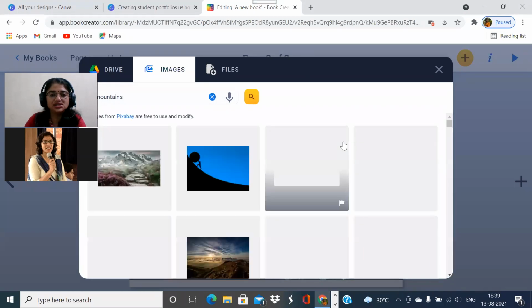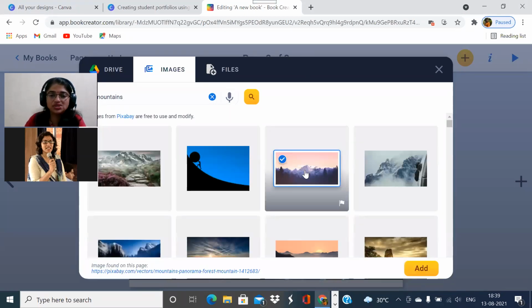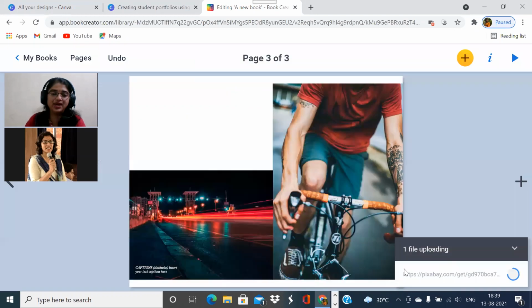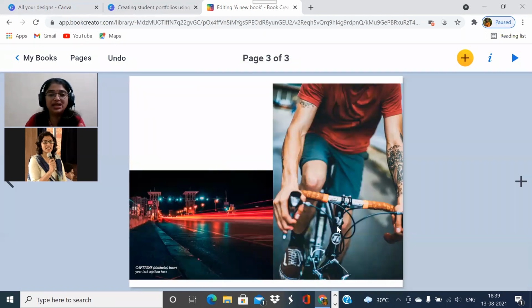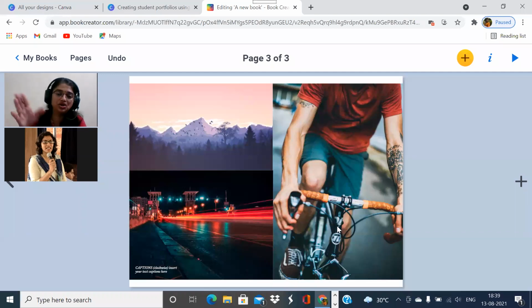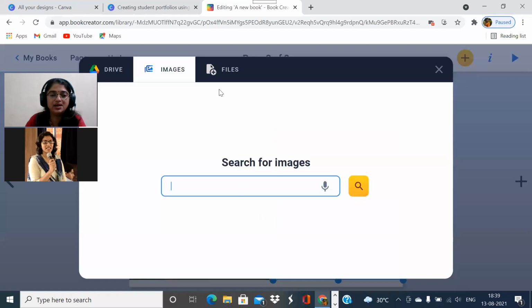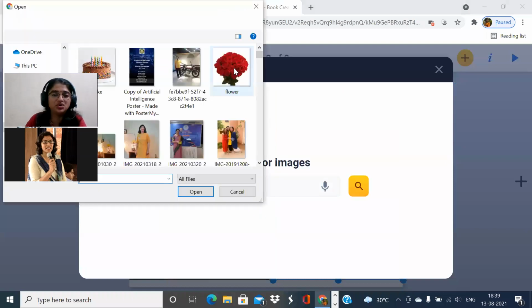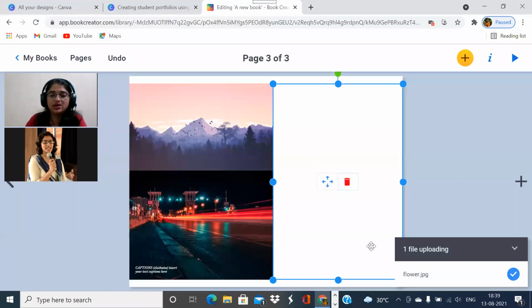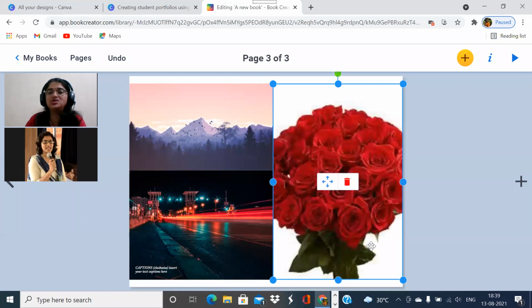So now this image has come. I'm going to choose this one and click on add. So instead of the image which has been given by the template, you're going to put your own images. Now, suppose at this point here I do not want this image to come. The lock has to be removed first and then it has to be uploaded. So right click and unlock, then delete this option, then click on upload, select this one. Now I want to choose my own file. So I'm going to go to files and choose maybe a rose or something. Now you can see this rose image is going to come over here.